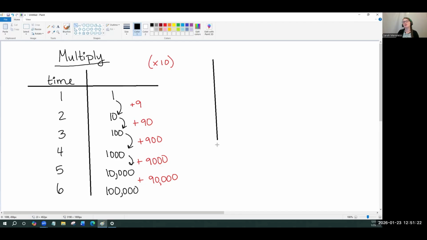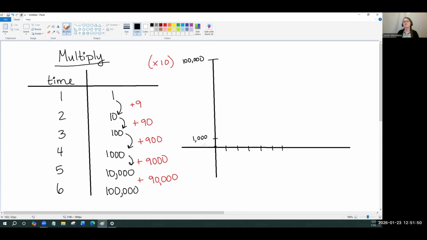And if we were to put this on a graph, which is a fantastic tool that we use to help us see numbers that our brains sometimes can't quite comprehend in data table form, we just simply put it to a graph. We got to go all the way up to 100,000 here, which means 1,000 falls right about there. And 100 falls right about there. So you can see very quickly this graph is going to be a little tricky to see. We're going to start out almost flat, barely moving,